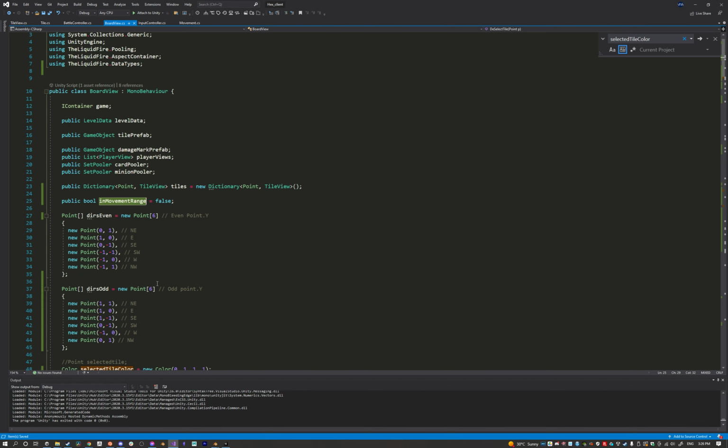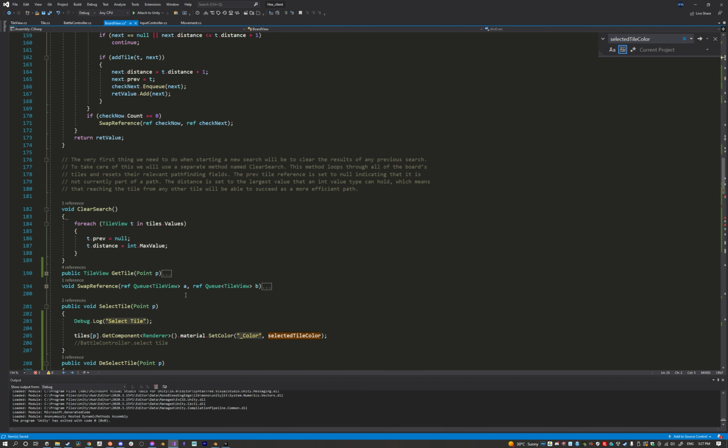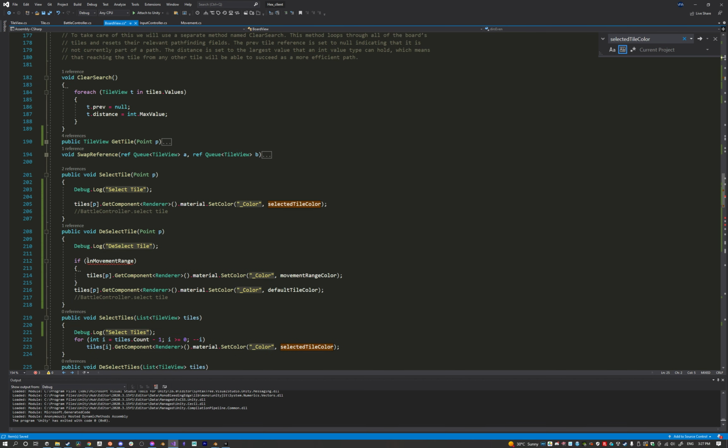In movement range, it's a public bool. Oh, it's in the board view. Ah! That is a why. That is a why. I need it for it to be in a tile, not in the board view. So let me go back to board view. Right, if I'm doing it on the point, select the point, get tile, yeah. What I'll do is I'll do